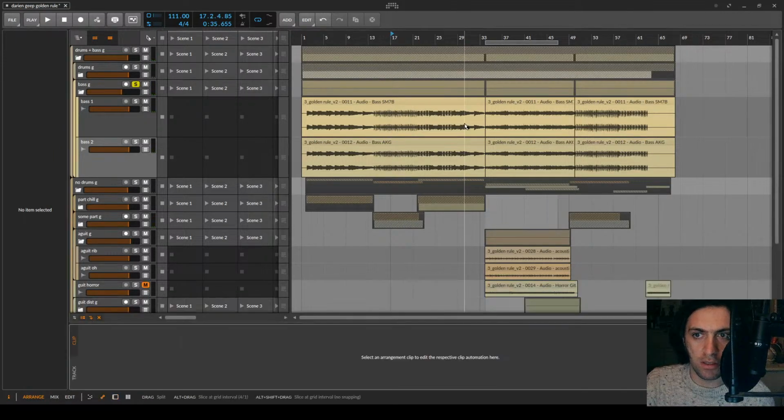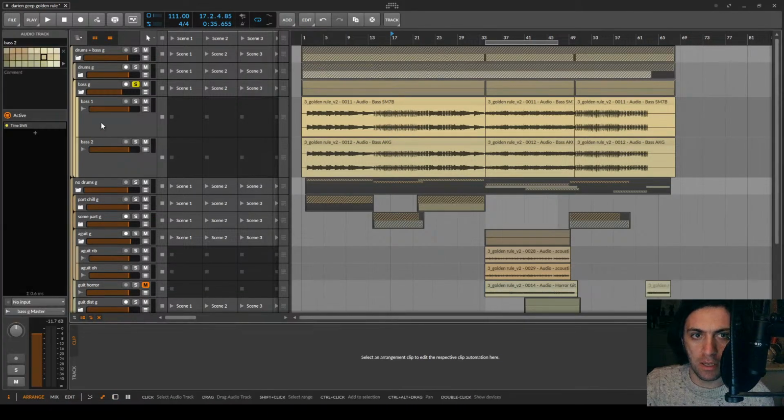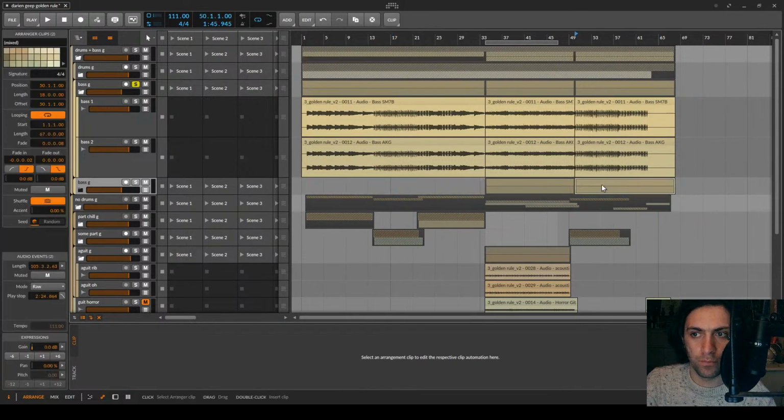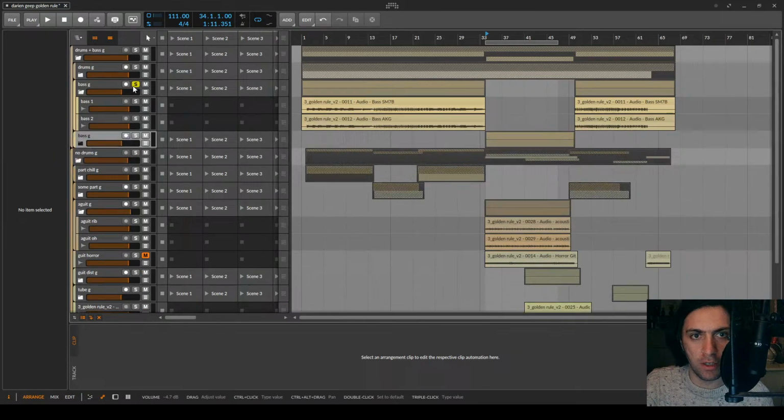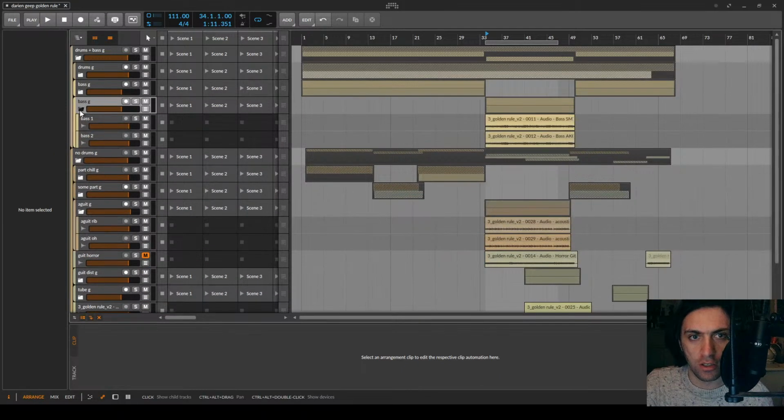Okay, so maybe I'll just make an alternative bass group for only that part. And come up with better values there and a different effect chain. So this is bass G of, I don't know, the extra part. Whatever.